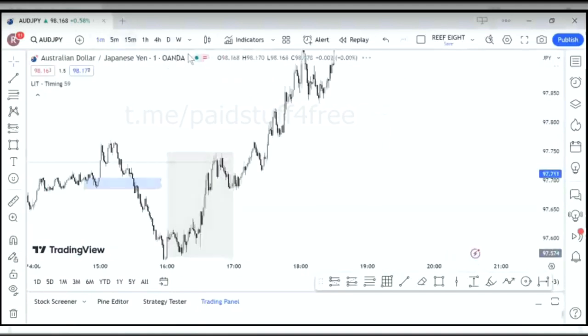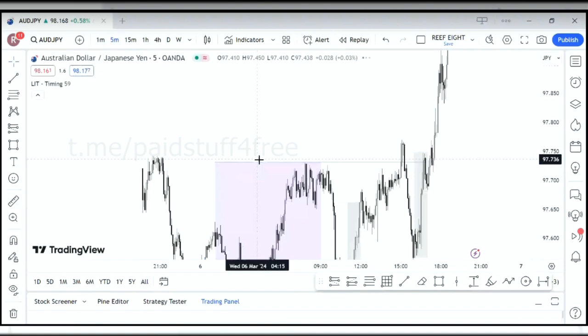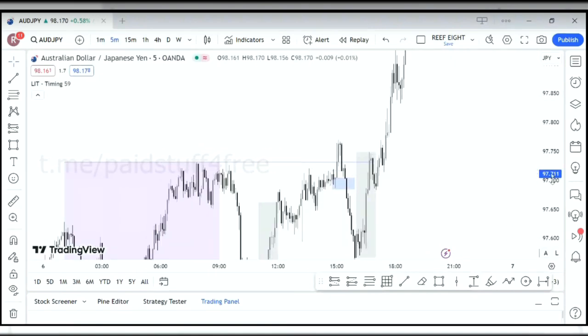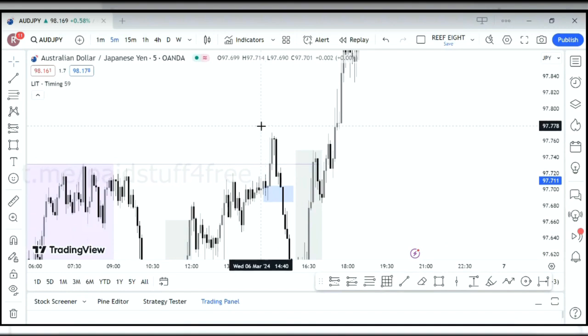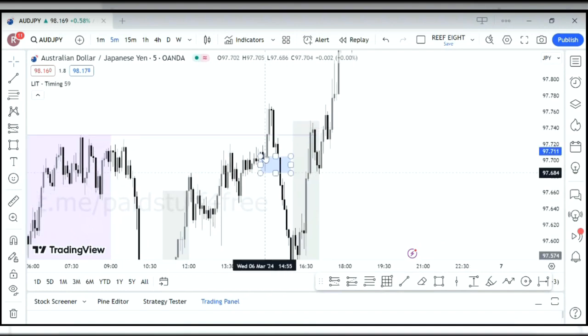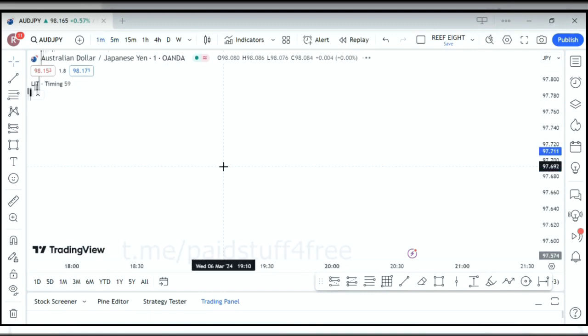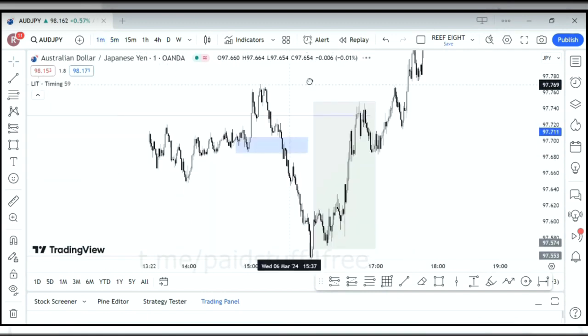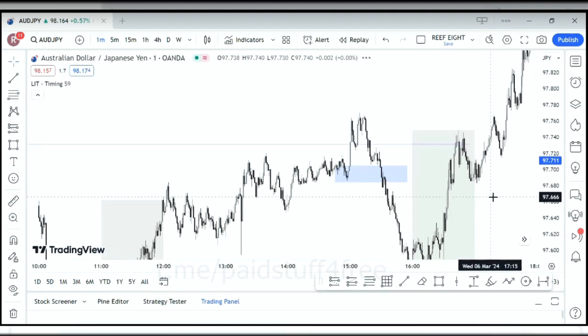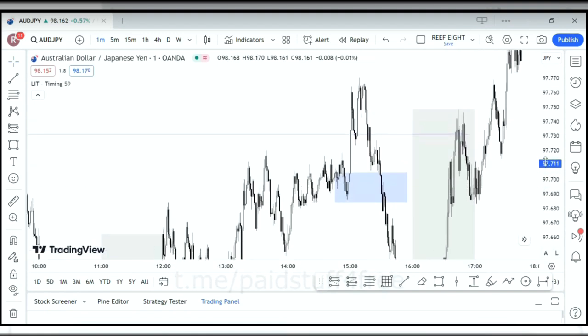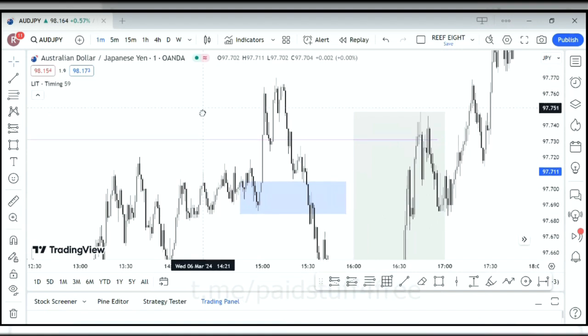So this one, wait, we decided that our higher time frame is going to be what? The M5. You see? Now on the M5 here, I saw this swing low, right? And then a swing high here. Now we go back to the lower time frame and see what was there. Now, do you know why I didn't take this trade? It's because, look,